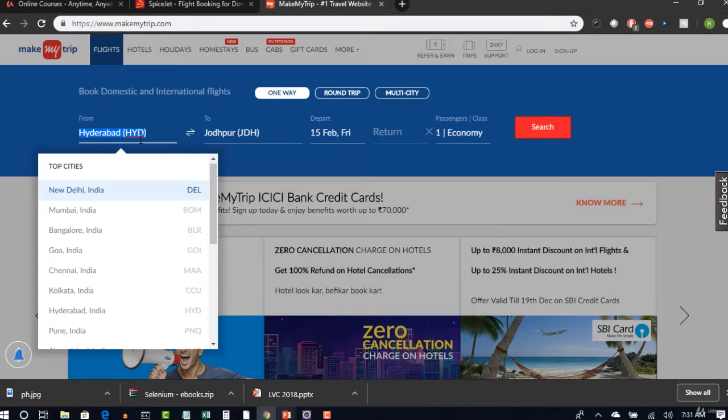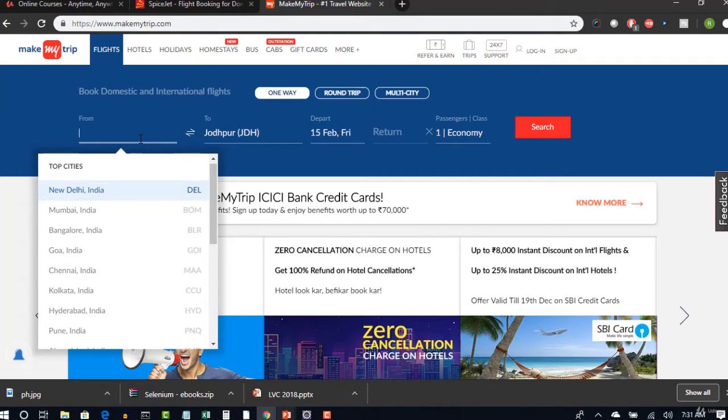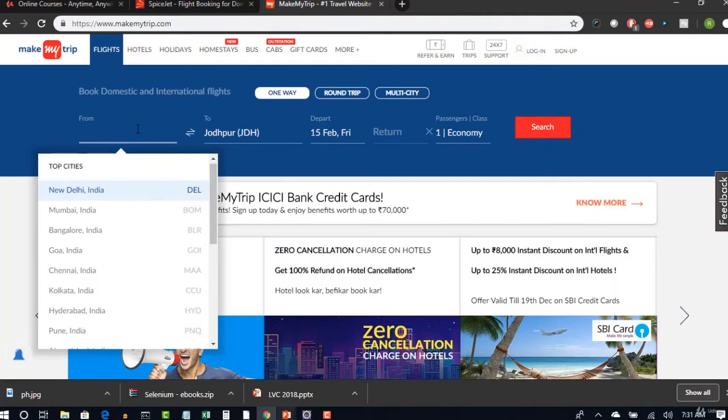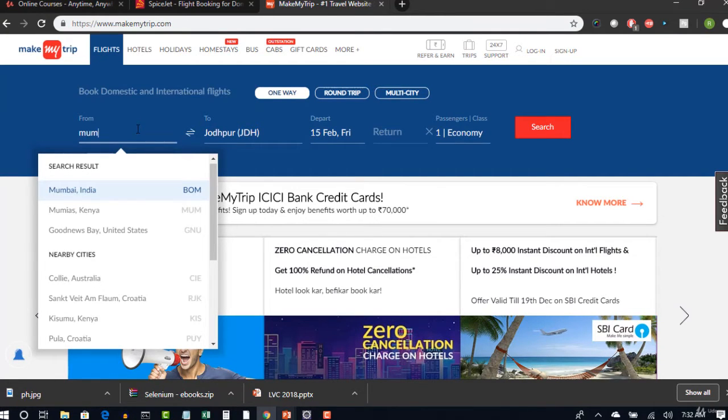So let's say that you are going to select Mumbai from the options which got suggested. For that you typed MUM. After you type MUM, you see that by default the first option Mumbai is getting highlighted. Check it again, isn't it? So concentrate on this manual flow, because based upon this we will build the automation script. So let's understand the behavior. When I type the first three characters, Mumbai is coming, and if I hit enter, Mumbai